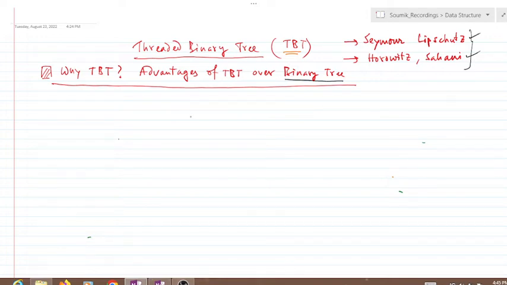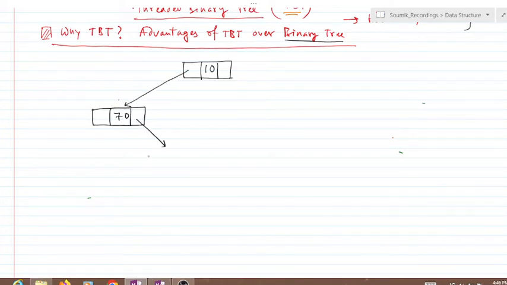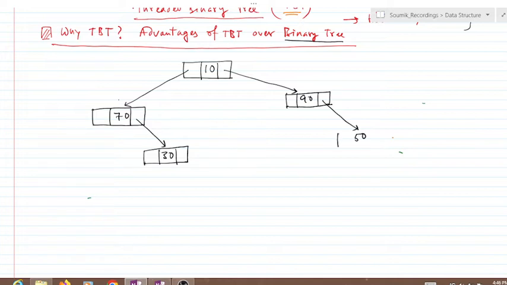by threaded binary tree. So, let us draw a binary tree, and we assume the binary tree is implemented using doubly linked list. So, consider a binary tree which has 10 as its root node, 70 as its left child, 30 as the right child of 70, and 90 as the right child of 10, and 90 has 50 as its right child, and 50 has